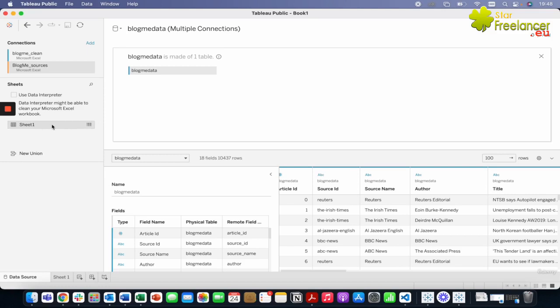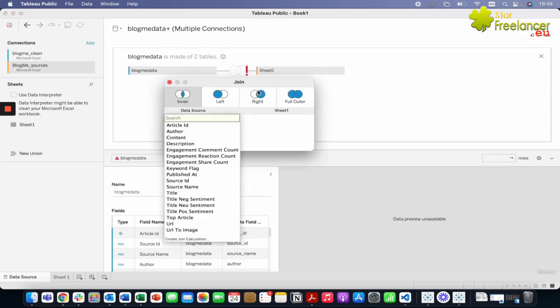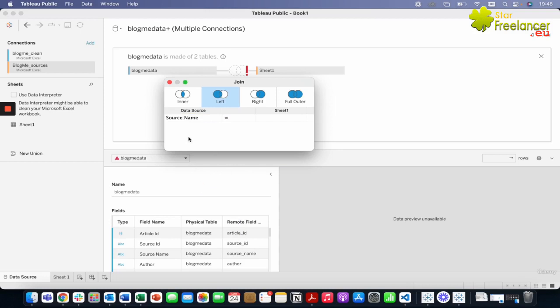So to do that, we click on sheet 1, we drag it, and we'll drop it in the window. And now you see something which is what we saw in the Tableau joins file. Tableau is going to ask you, how do you want this data joined? So we're going to do a left join, where the blog.me data is the left table, and the source data is the right table. What are we going to join it with? Well, we're going to join it with that common key, which is source name. And for sheet 1,